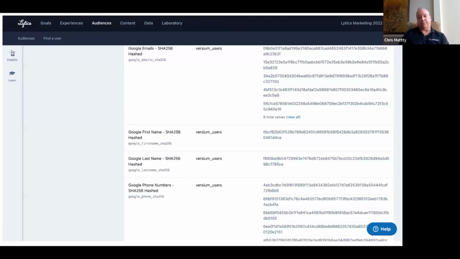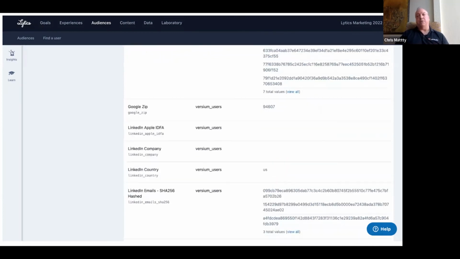Each platform is different. And so what we do is we optimize the data enrichment for maximum reach and optimize it for the format requirements of each system. Google is different than LinkedIn, is different than Facebook. And if you want to map to cookies through LiveRamp, that's yet again another structure. And so we take care of all of that. We take care of all the data. At the end of the day, the marketer just wants to reach as many people as possible.